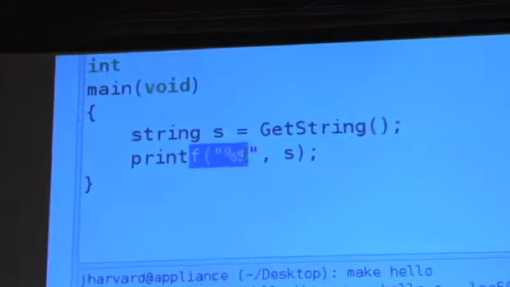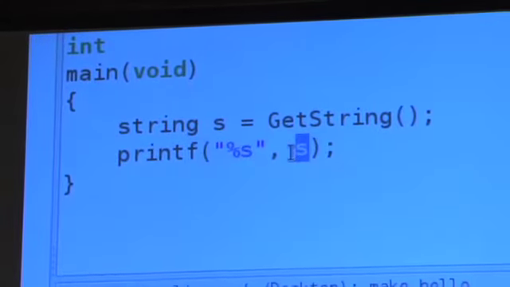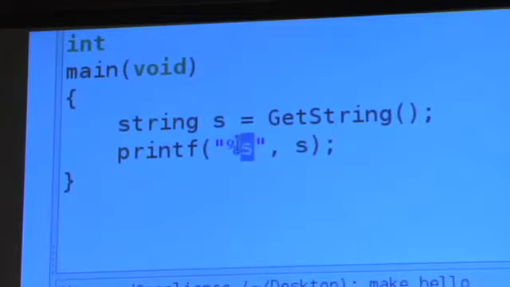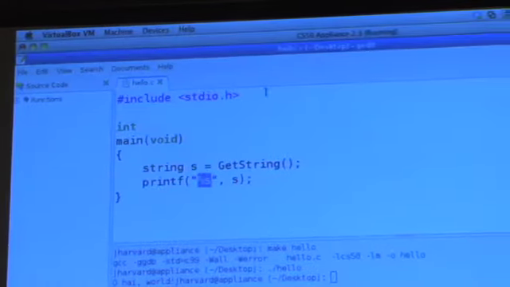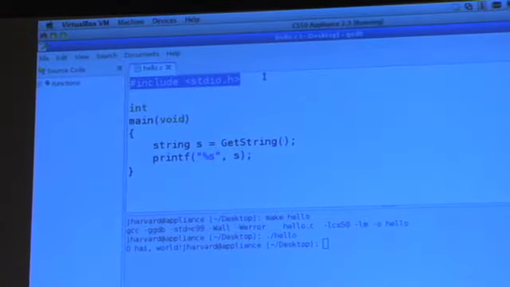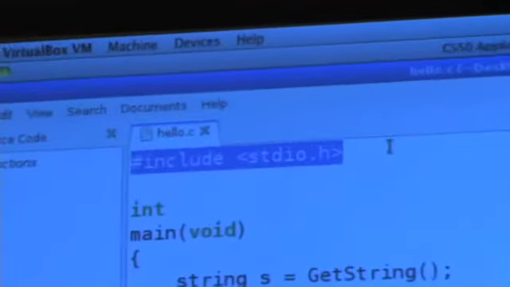Whatever I typed is going to get printed, and that is because the s gets substituted for the %s here. But I need to do one more thing, and I can finally now explain what was going on here. This include stdio.h is what's called a header file. It turns out that I can't just start using things like printf and just assume that they'll work. I have to tell the compiler, I want to use a function called printf written by someone some 20, 30 years ago, and that function is declared,